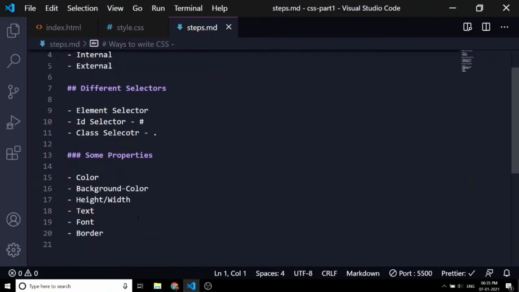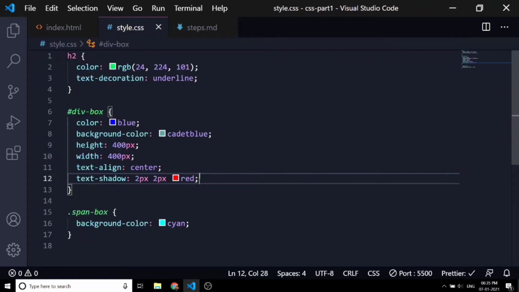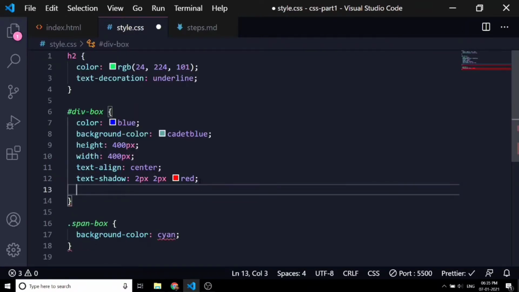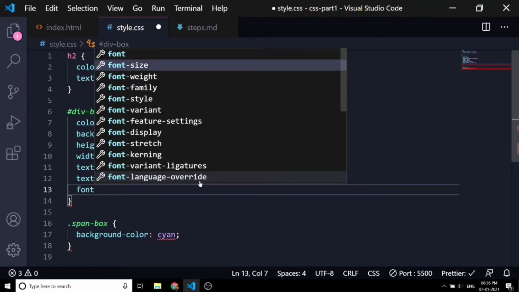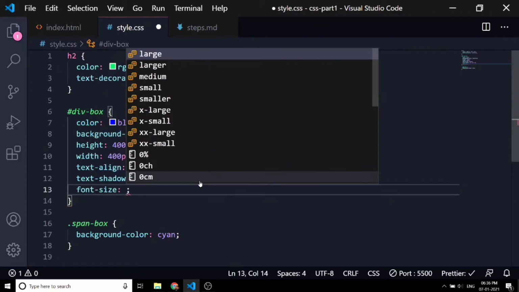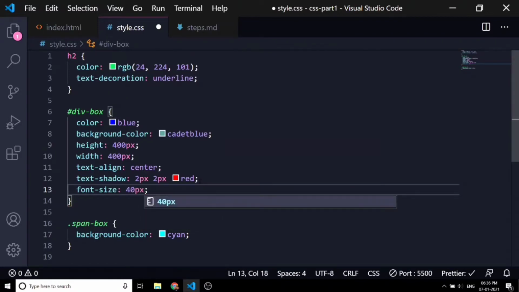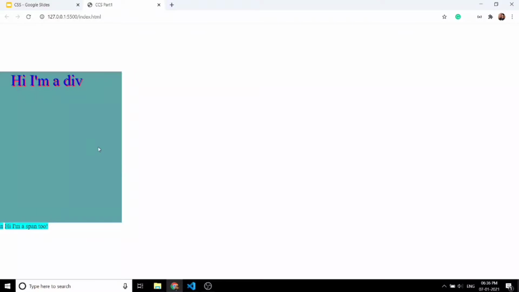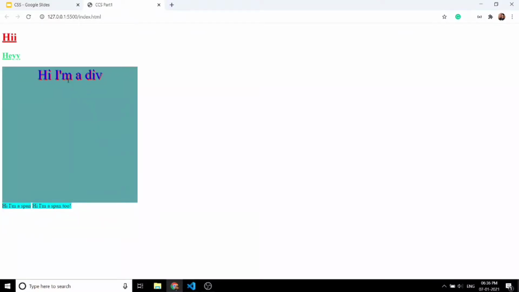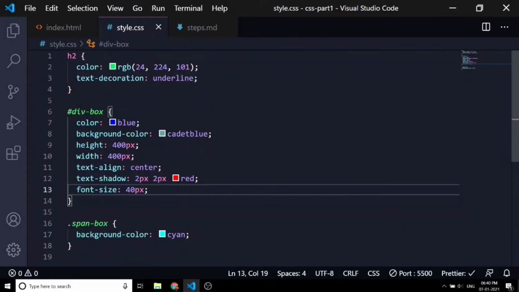Moving forward, we have the font property, and as you can assume, it too has a lot of options, like font size. If you want to use it, we can increase the font size of the text. You can see I have given a font size of 40 pixels to the text. Also, with the help of font property, we can give different fonts to a text.